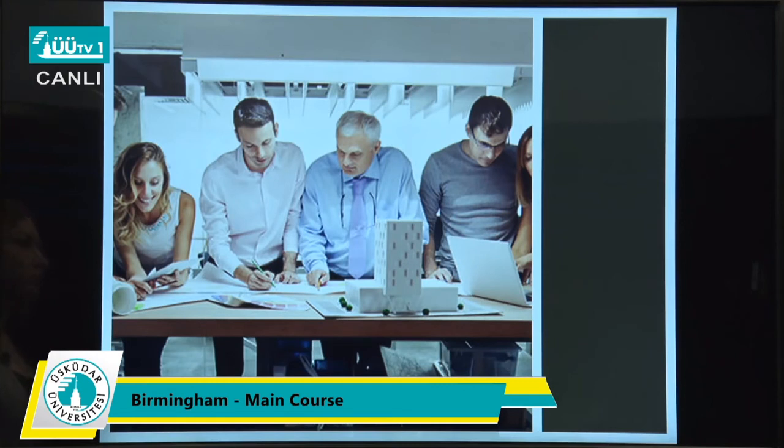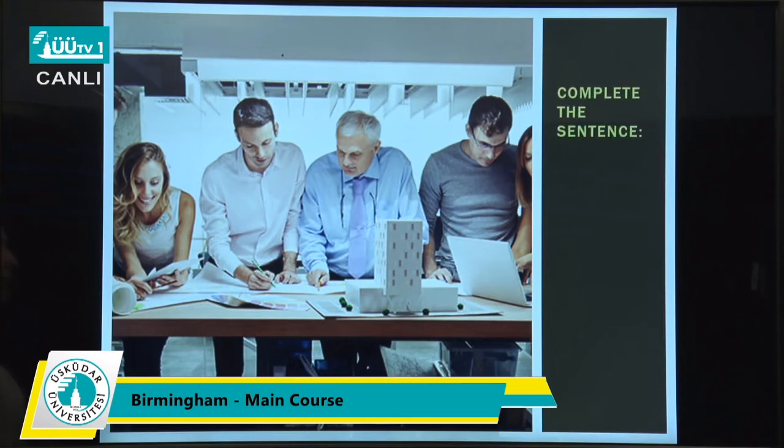Okay. As you see in the picture, what are they doing? They are working on a project. Most of the time at workplaces, we have that time limit, due time, which means we need to finish the projects and so on. The most important thing for doing the project is the time limit.